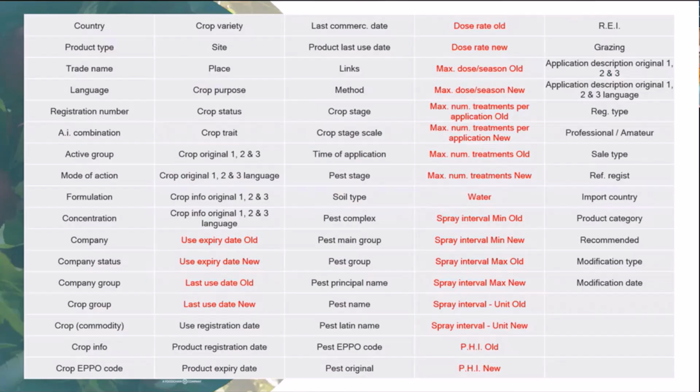In this table, you can check all the available fields for this module. As you can see, it is quite extensive. Feel free to stop the video here in case you need to check them in detail. I highlighted in red those fields offering old and new values. You can see all those different pairs of columns that you can use to spot changes through time. Let us jump now into the tool and check how this module works.